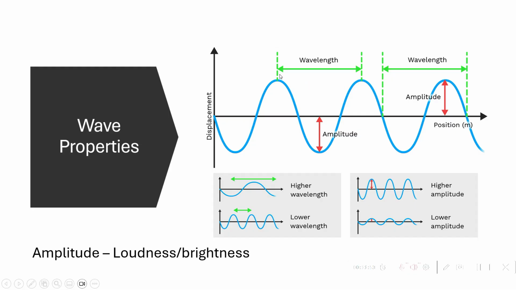Wavelength can be measured from crest to crest, from the beginning of one trough to the end of a crest, or from the beginning of a crest to the end of a trough. It doesn't matter as long as you do one complete cycle. So up a crest and down a trough. You have to think about a wave like a day. You have to have both the daylight hours and the nighttime in a complete 24-hour cycle. So the wavelength is the distance